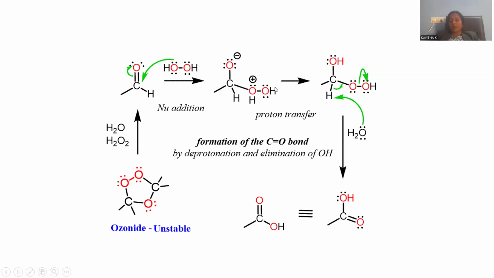But this peroxy carbon bond, whatever is formed, the adjacent oxygen is not that stable. Immediately it will shift the proton towards the oxygen, so there is a formation of hydroxyl, and we can notice oxygen bond cleavage, giving rise to removal of hydroxyl in addition to the alpha hydrogen on the carbon. Whenever hydrogen is removed from this carbon atom, here again we have a bonded electron pair. These bonded electrons are moving here, and whenever they move, there is an origination of a carbon oxygen double bond.